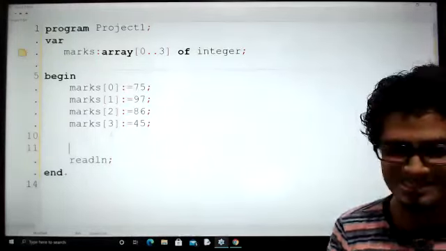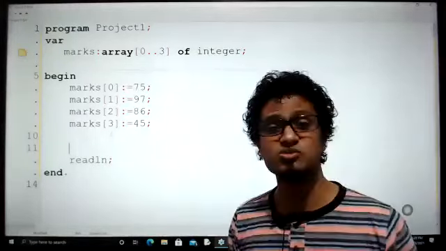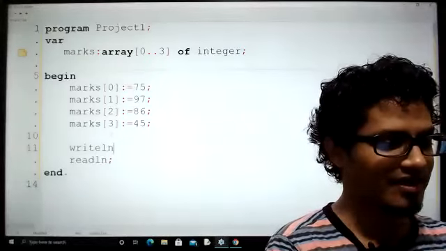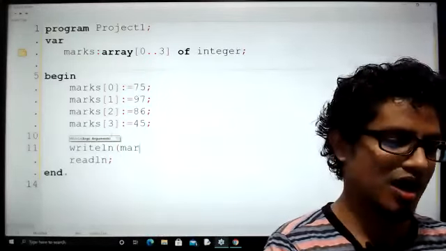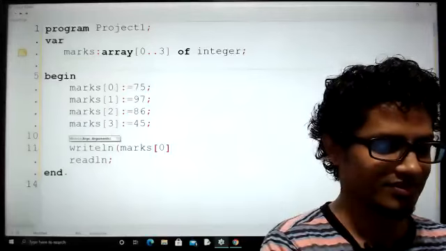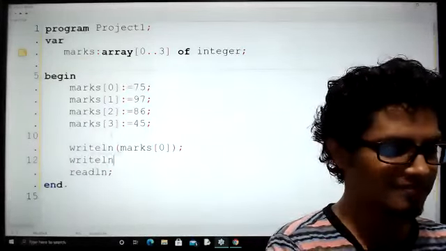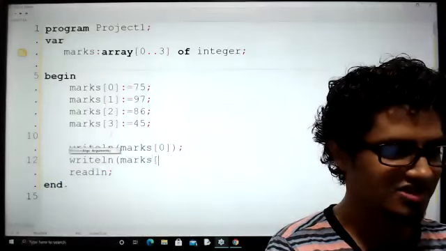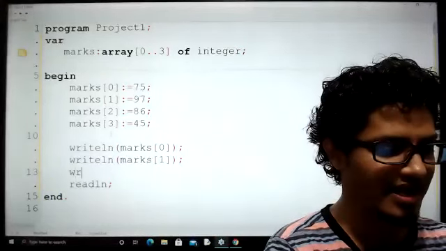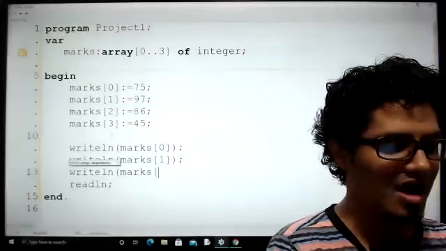Now, kids, I want to display their values. What should I do? WriteLn marks 0. Only that one value we display. And then again WriteLn marks 1. And then again WriteLn marks 2.